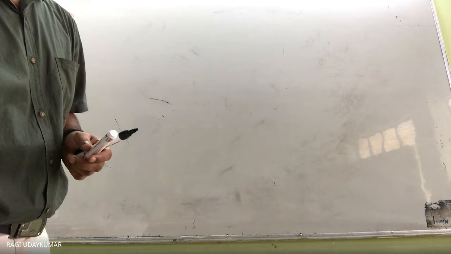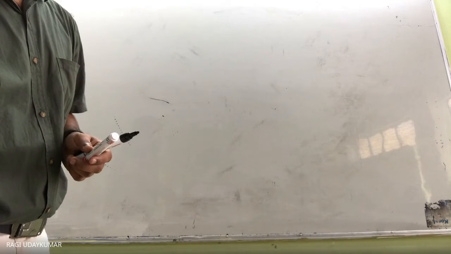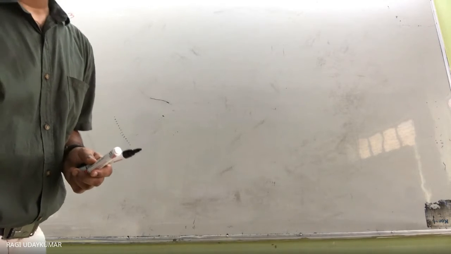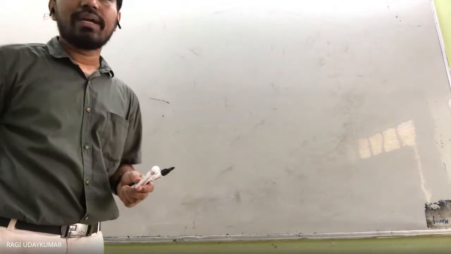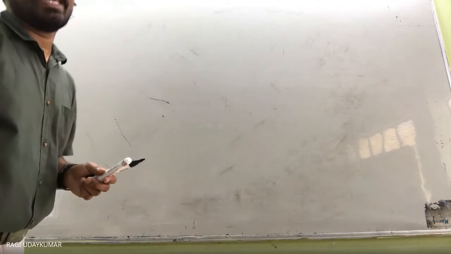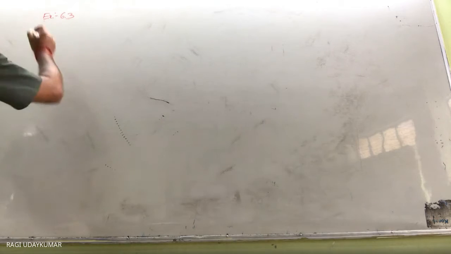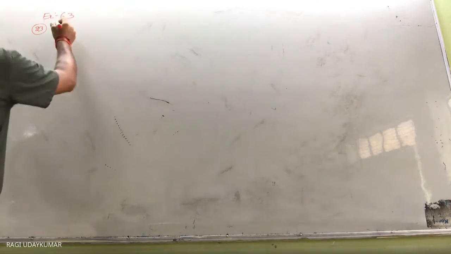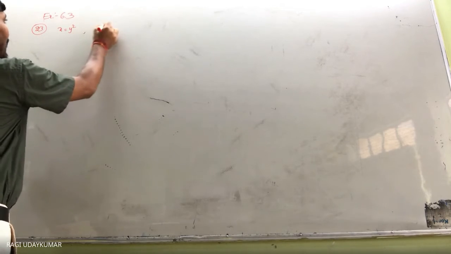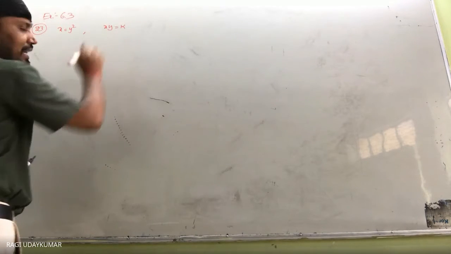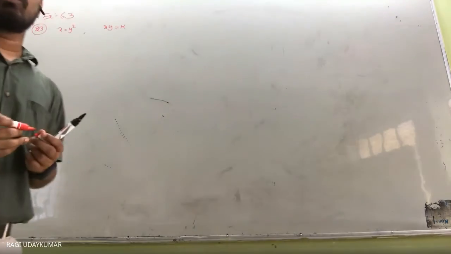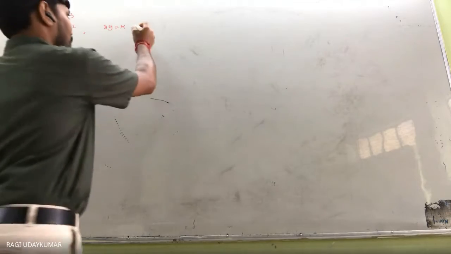23rd. So what is the 23rd given to you here? Prove that the curves x equal to y square and xy equal to k cut at right angles. Completely this question is different. Let us discuss this question. So what are the two curves given to you here? x equal to y square and xy equals k. The two curves cut at right angles if 8k square is equal to 1.